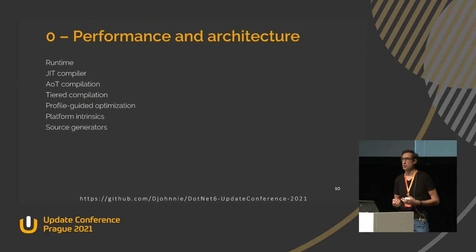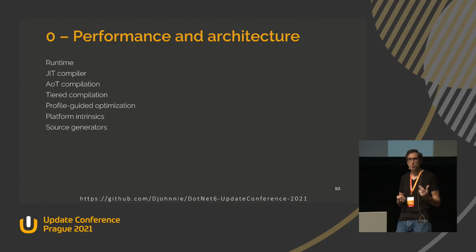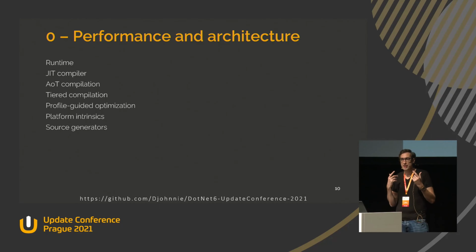There's tiered compilation, which is a crazy feature in .NET. Previously in .NET, when we are just-in-time compiling your code at runtime, the just-in-time compiler would do some optimizations for you while your application was running. But doing optimizations to your code takes time, because the compiler needs to think about how it can optimize this code to run faster for the platform you're compiling to. Well, today, with the .NET platform, when you start an application, it will try to compile it as fast as possible without any optimizations.